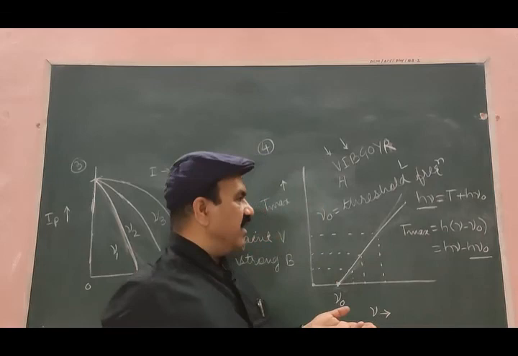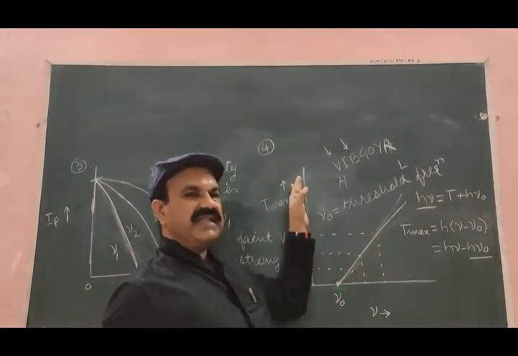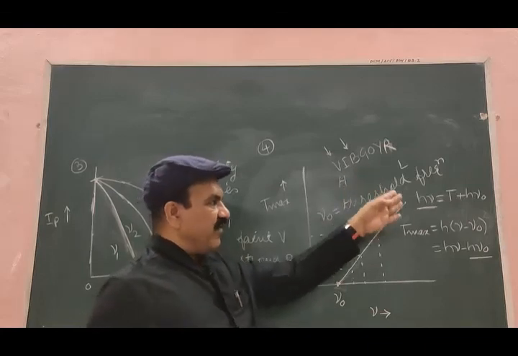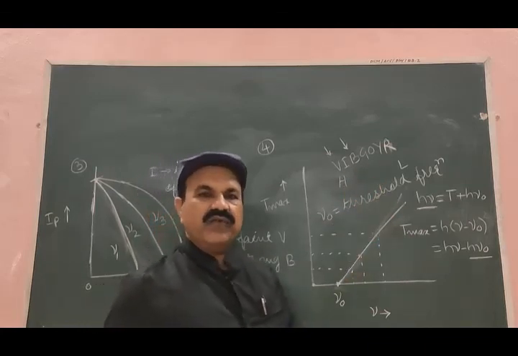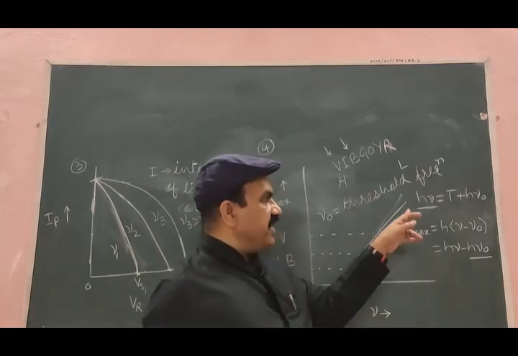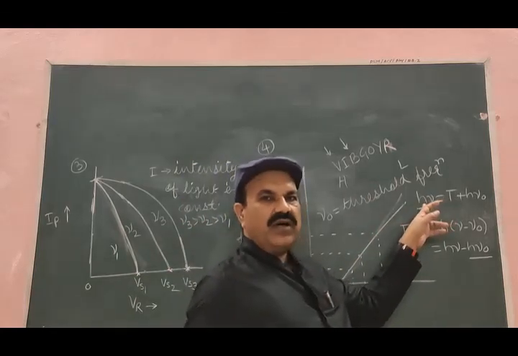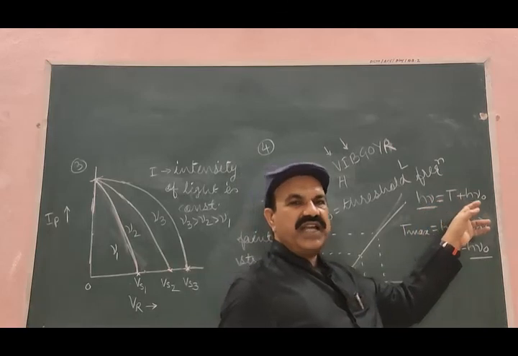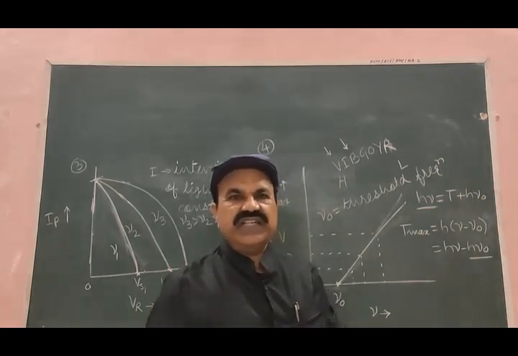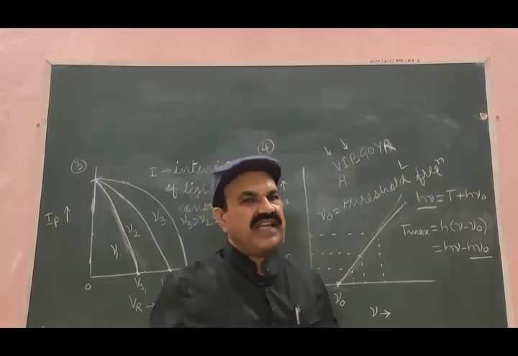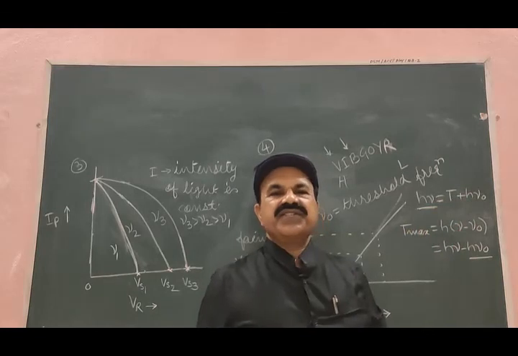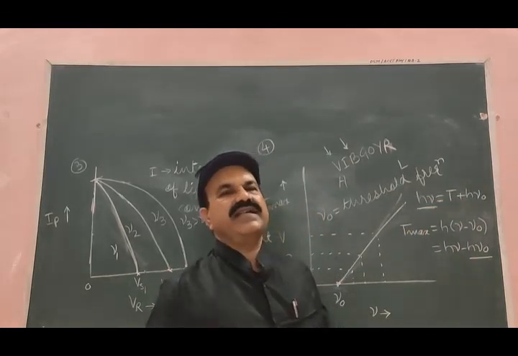And further, to understand the relation between the kinetic energy and frequency, we drew figure 4, and from this relation again we conclude that the total energy of the light falling on the photocell is utilized in two parts. h nu 0, which is known as the work function, is utilized to just release the electron from the metal surface, and the remaining part T is carried by the photoelectron as kinetic energy.